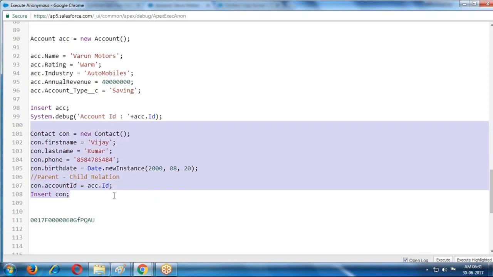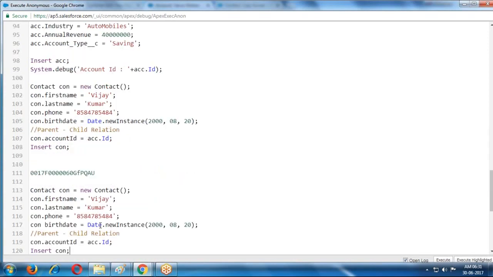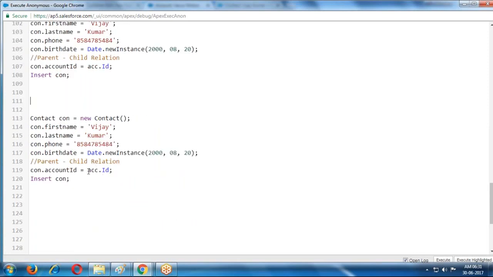Instead of this value, directly also for an existing record. If the parent record, the account record, already exists, and you want to provide some records, like Kiran Kumar, Kiran is one more contact, Kiran Kumar or Kiran Reddy.